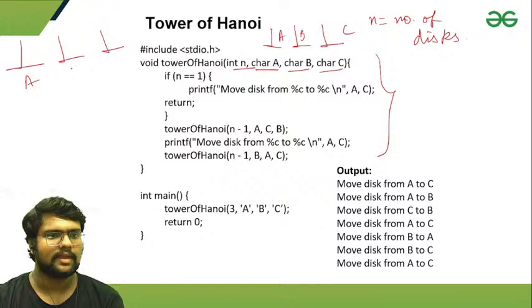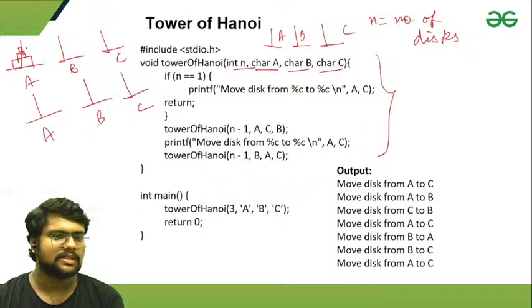We have A, B, C. In this, some disks are there. We try to reduce the problem. Here the problem is of size n equal to 3, so we convert it to a problem of size n minus 1, that is for n equal to 2. We move this to rod B, and then we try to move